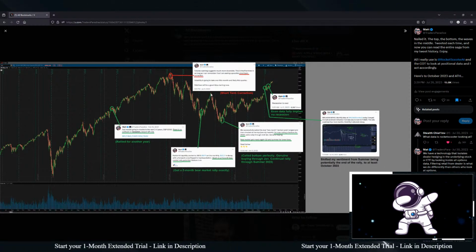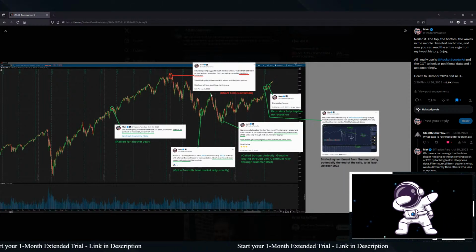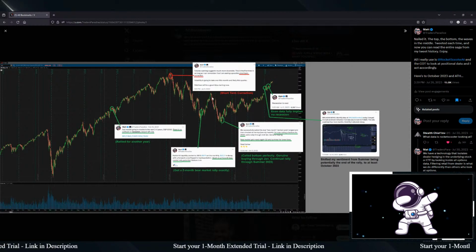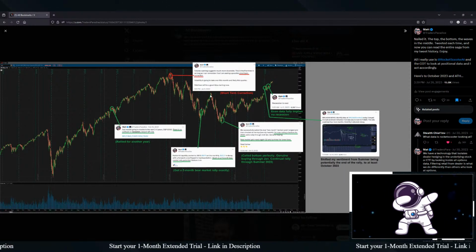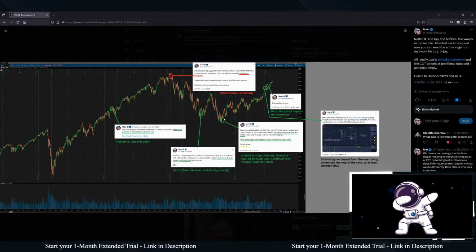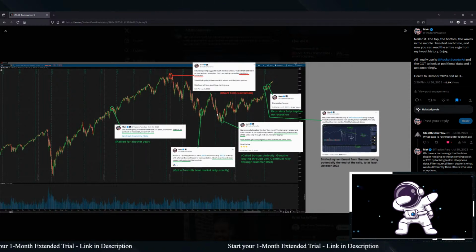I can't remember what made me short here. I think inside of here I shorted, I don't remember. I had to go back and search my tweets. It could have been monthly maps or it could have been breaking monthly hedge pressure or something. But we knew that as the dealer position was positive through here, right about here the market was going to stabilize.